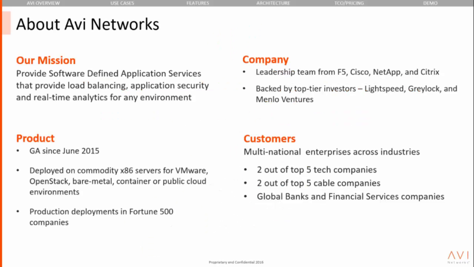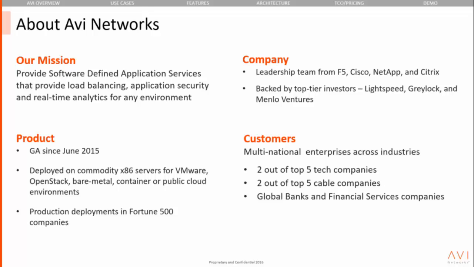So just real quick, for those of you who are not aware of what we do, we are a Silicon Valley company. We've developed a software-defined application services fabric that provides service proxy functions like load balancing, application security functions, combined with real-time analytics for the applications that we sit in front of. So think of us as the application's best friend. We're sitting in front of all applications for our customers and providing security, keeping them available, keeping them highly performant, and allowing our customers to understand the end-user experience as they access those applications. We sell worldwide into large global 2,000 enterprises and service providers today.